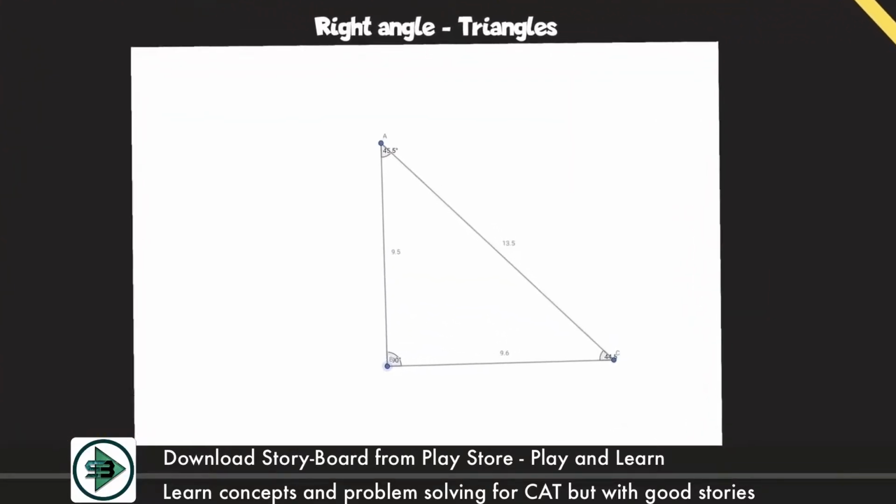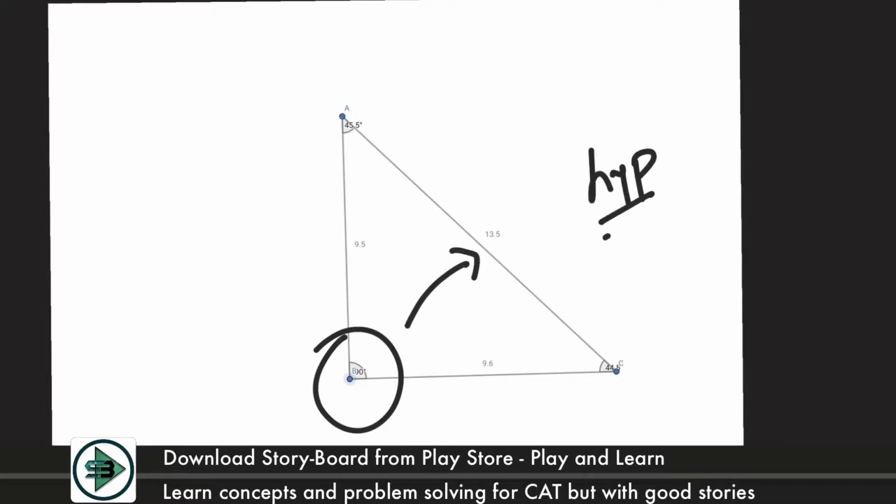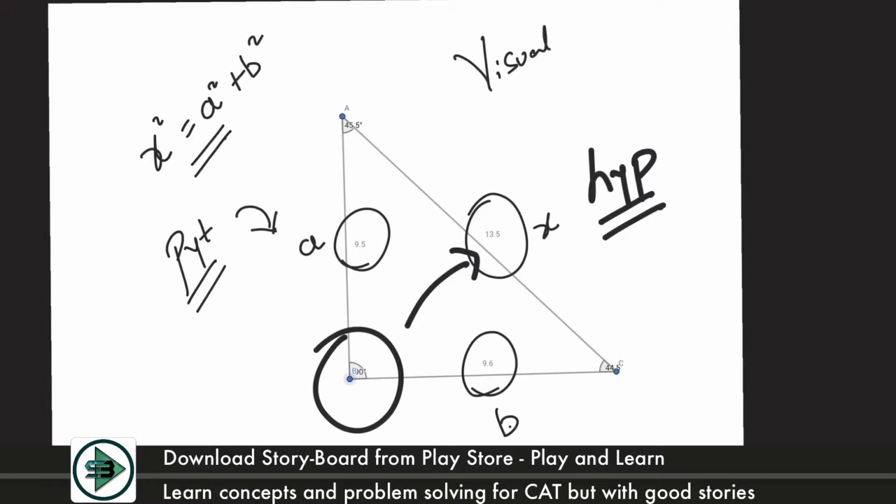And the last of the triangles which we see here is the right angle triangle, which comes between acute and obtuse. One of the angles here is 90 degree and the side opposite to 90 degree, we know that it's the hypotenuse, that is the highest side. It's given here as 13.5. Side opposite to 45.5, the next highest is 9.6, correct? It will be the second highest, and the least, opposite 44.5, is 9.5. So we know the property of triangle. We also know we can apply Pythagoras theorem to this. X square is equal to a square plus b square. Check it here. If I do 13.5 square, that will be equal to 9.5 square plus 9.6 square.